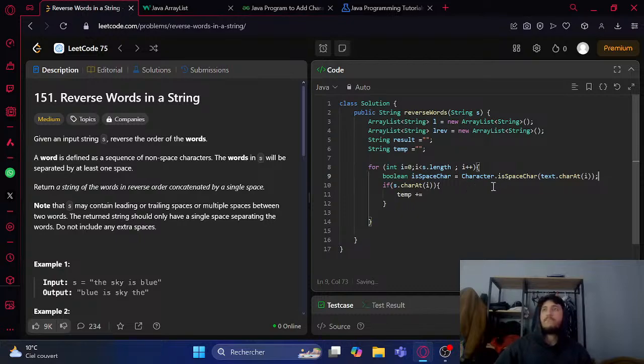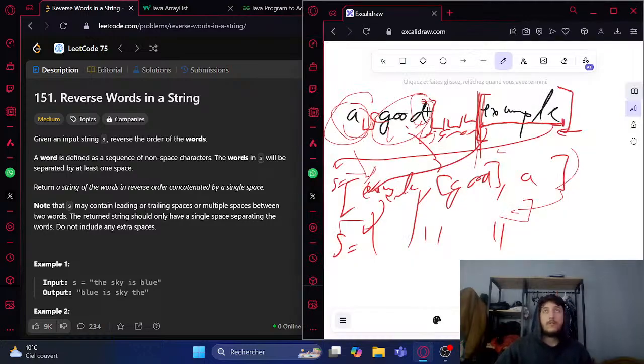So if it's a space, sure, and if this is a letter, so it's not a space, and this is a space, or if this is a space and i minus one, no,